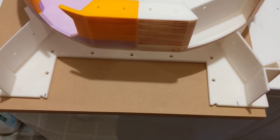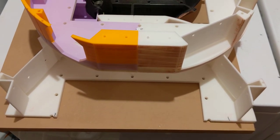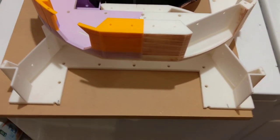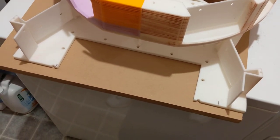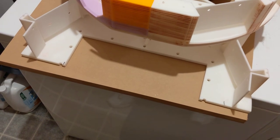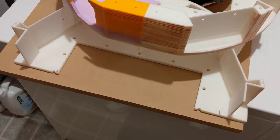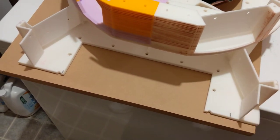I don't think I'm going to do that. I don't plan on taking R2 out for that many trips. So, if any, I'm thinking the PLA Plus will probably be fine for that centerpiece. And again, since you bolt everything together, I'm